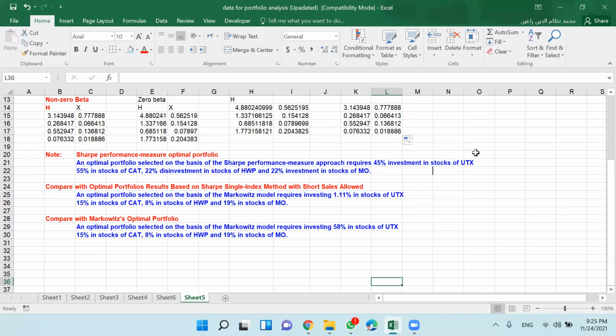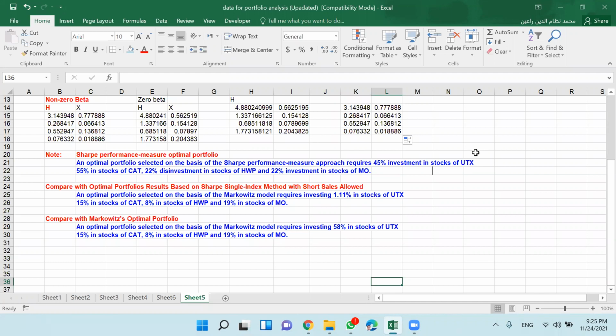So if you compare these, the short performance measure suggests, you see, with the zero beta, 45% you invest in one security, and you should invest 55% in stock of CAT, 22%. You disinvest in stock HWP, 22% investments in stock MO.